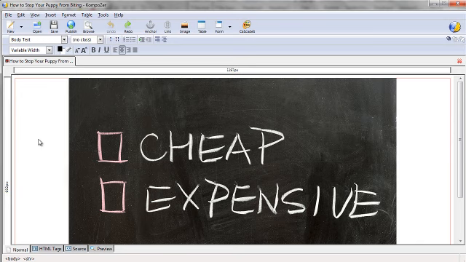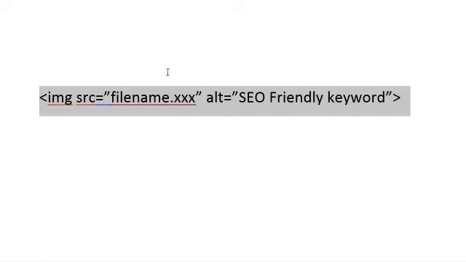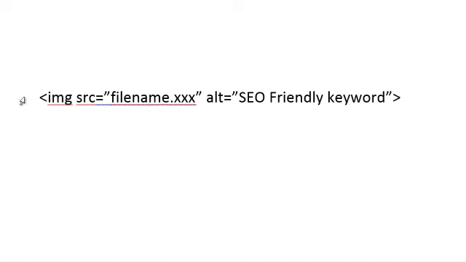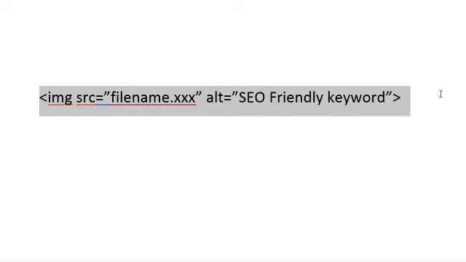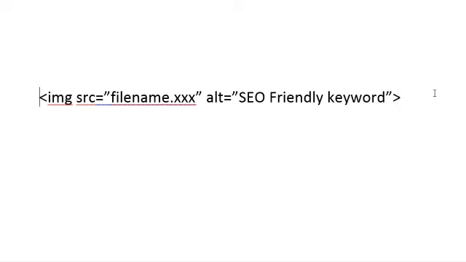So by all means, if you want to stick with Composer, great, that's fine. But I'd highly recommend you at least memorize this simple tag, because when it comes to editing with WordPress or any type of content management system that utilizes an HTML editor, sometimes you're going to run into snags along the way. And if you know this tag, then you can get past simple